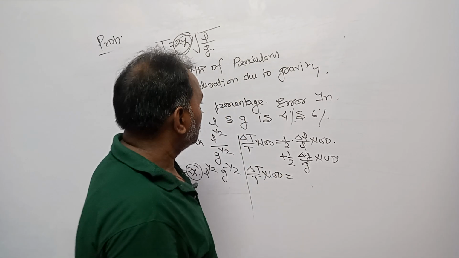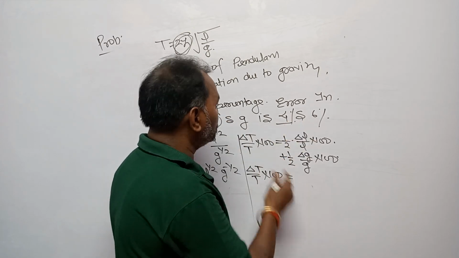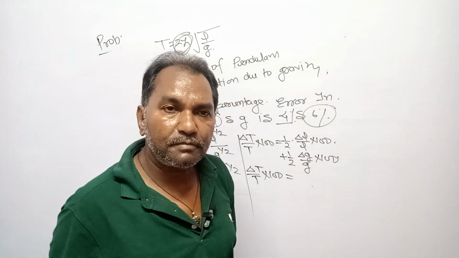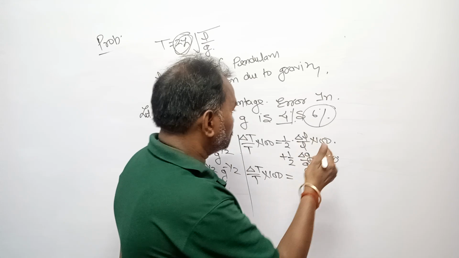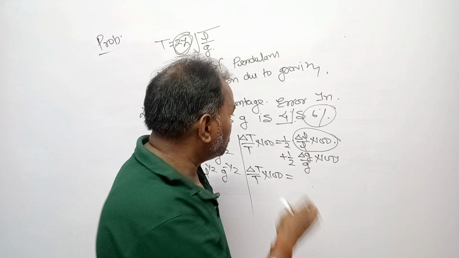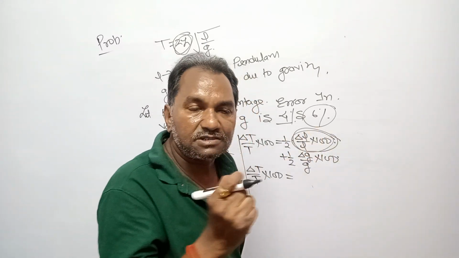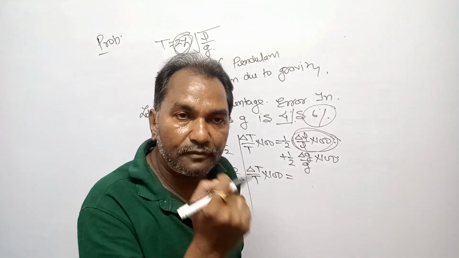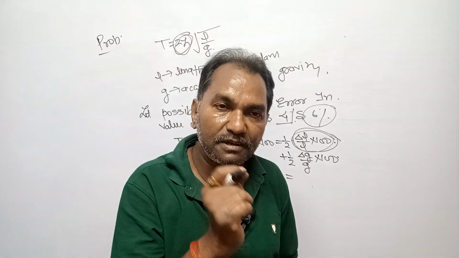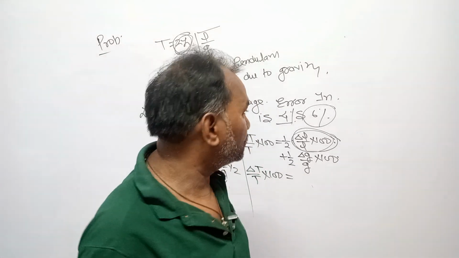Now, dear student, look at what is given. The possible percentage error in the value of L is 4%, in the value of G is 6%. So, 1 by 2 is not part of the error. If it is asked, the error in the value of L is delta L upon L into 100, and similarly the possible percentage error in the value of G works out to be delta G divided by G into 100.